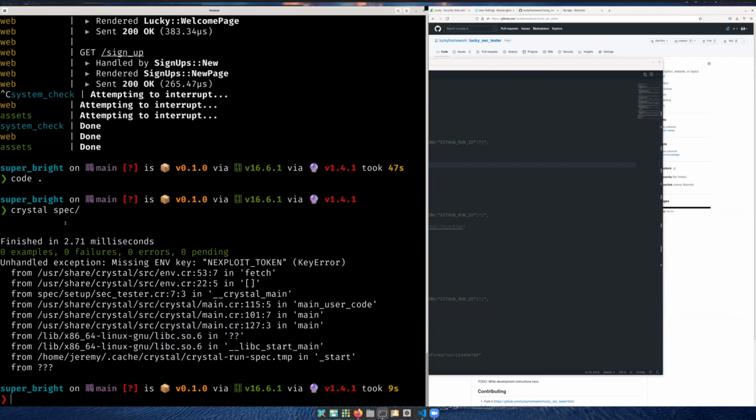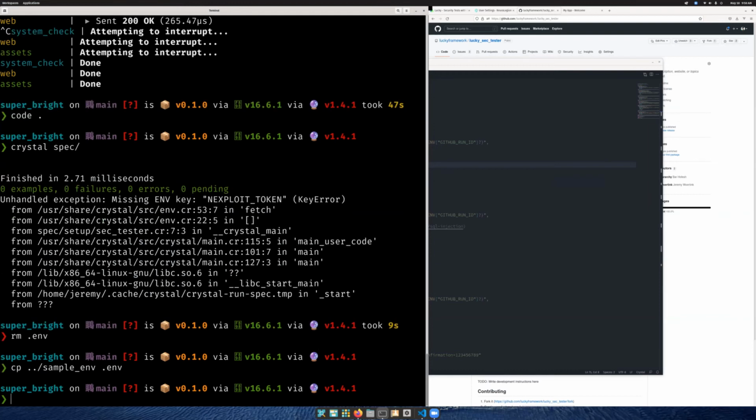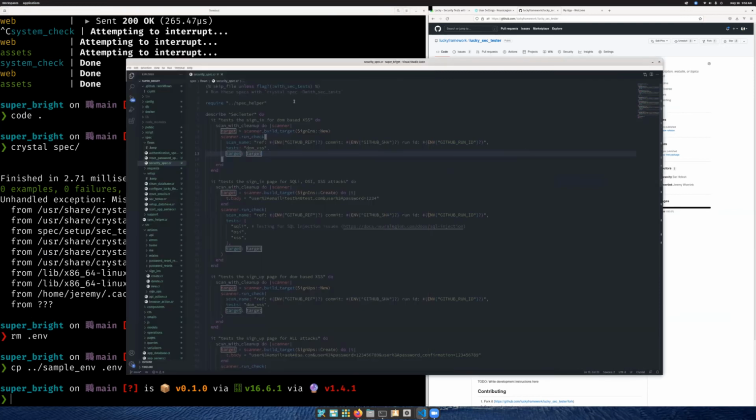Okay, so I'm missing my environment key here. I need to set that up. So I'll go ahead and remove my current .env because it was blank. And then I have a sample one that I will just move to right here. And now what I want to do is